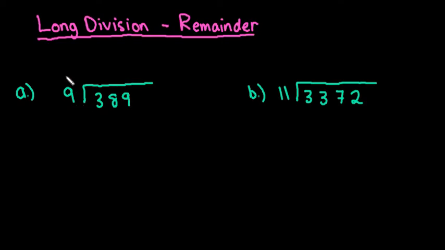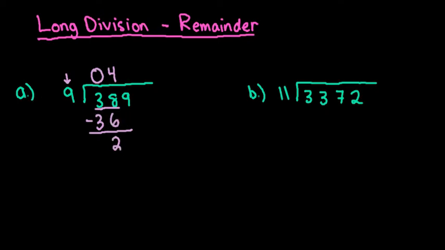When we do this, the first thing that we want to do is take the number that is out here and see if it will go into the first number. If it can't, we can put a 0 to represent that, 9 and 3. I cannot take 3 divided by 9 and get a whole number, since 3 is smaller than 9. So now I have to look at the first two numbers. 9 goes into 38. It doesn't go in evenly, but I know that 9 times 4 gives me 36. And so if I do 4 times 9, I get 36. When I subtract this, I get a value of 2, which is less than 9. Had I got a value that was larger than 9,